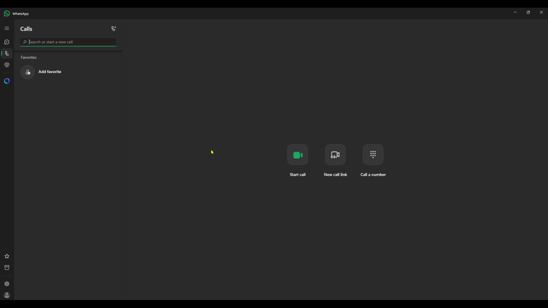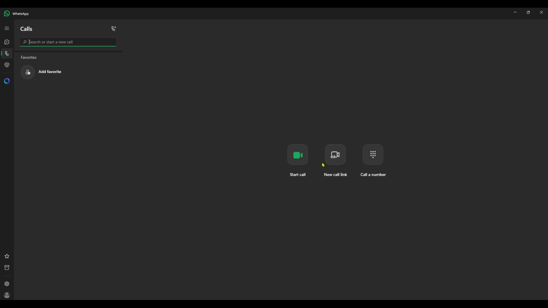Next, you need to tap on the Calls tab, which you'll find at the bottom of your screen if you're using an iPhone, or at the top if you're on an Android device. This section is dedicated to all your call activities, providing an overview of both recent and missed calls. On opening this tab, you'll see a phone icon in the corner of the screen, which is typically used to make a new call. Click on this phone icon, and you'll see a couple of options.